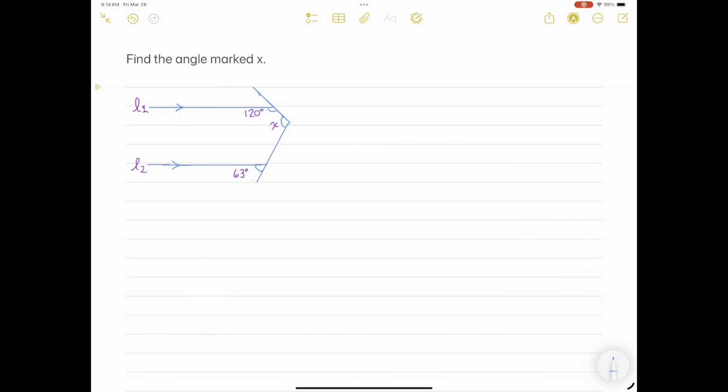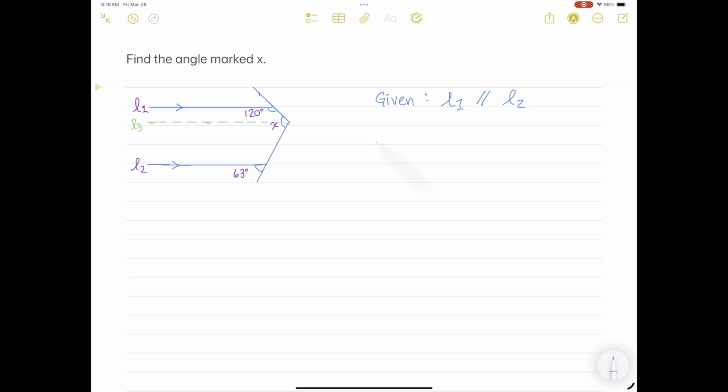On this figure, I need to find the angle marked x. Once again, it is given that line 1 and line 2 are parallel to each other because they both have that arrow notation. And to solve this problem, I will now draw a third line that is parallel to both line 1 and line 2 by cutting angle x at the vertex, and I will label that as line 3. And my rationale for doing so